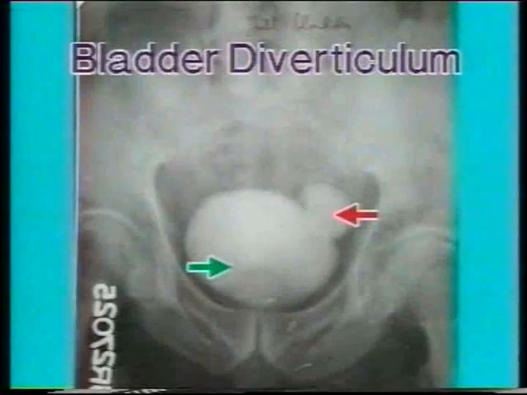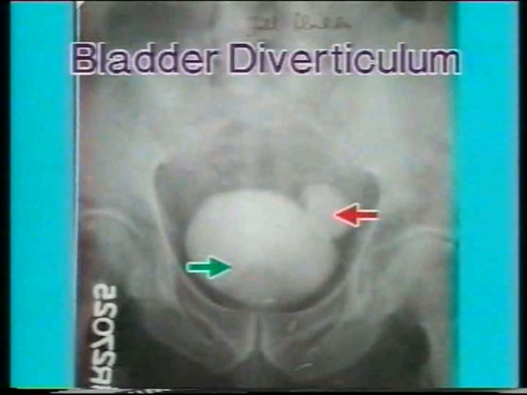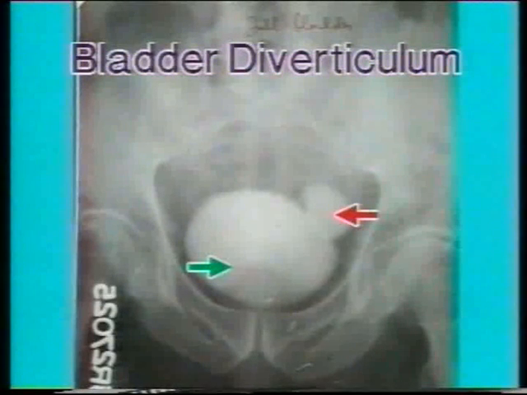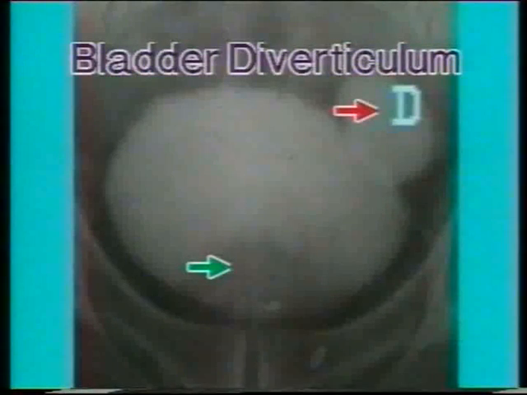hydronephrosis. Bladder diverticulum is a complication of back pressure due to chronic obstruction at the bladder neck or in the urethra. In this X-ray, the green arrow points to the smooth rounded filling defect at the bladder base caused by a benign enlargement of prostate. The bladder outline is irregular due to cystitis and trabeculae formation, and the diverticulum is shown by the red arrow. The diverticulum is connected to the bladder by a very narrow neck, and this is a pulsion diverticulum.